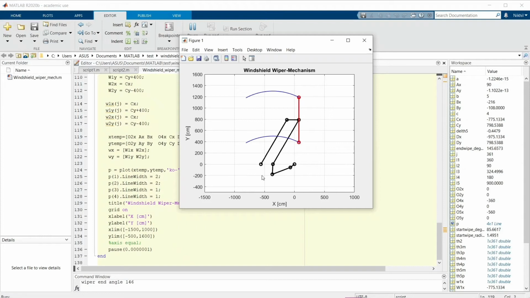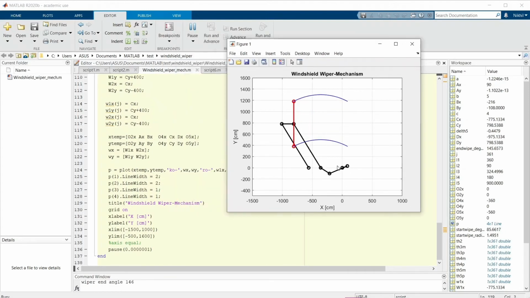So here we can see that when it reaches the first dead center configuration, let me show you again. Here when it reaches the second dead center configuration, it's in this end, and after a rotation of 180 degrees, you can see that it's on the other end. So we can say that this has no quick return.